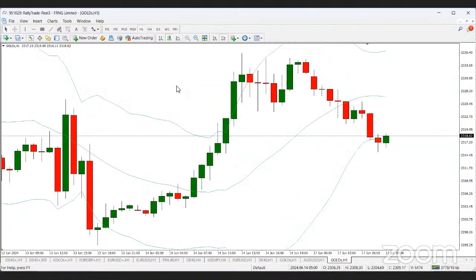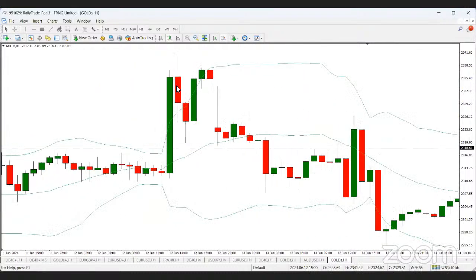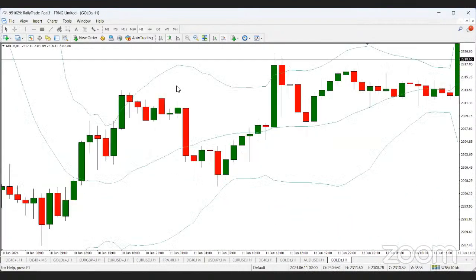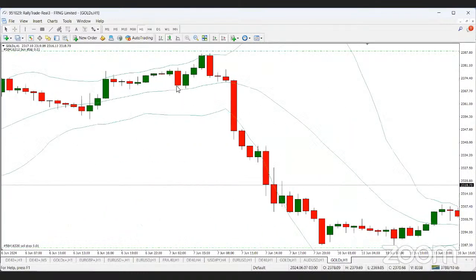So, for example, I can just look back to history and give you an example of a classical buy or sell signal. Let's look at one. Okay, so we see one here. That's for a sell. This one is a clear sell signal. I love it. Of course, we could have collected a lot of money for that one.